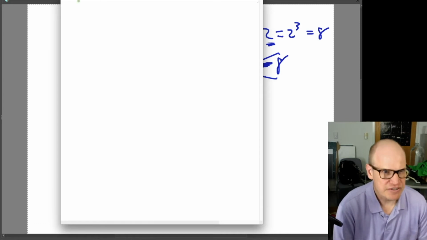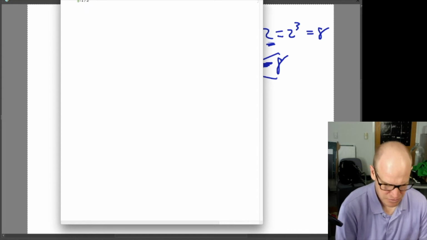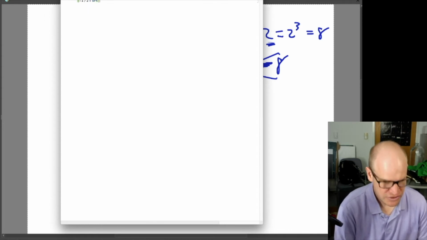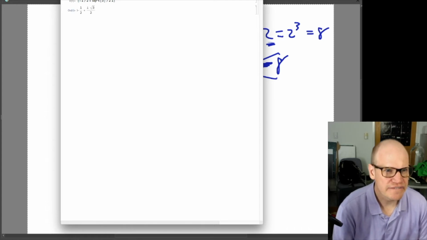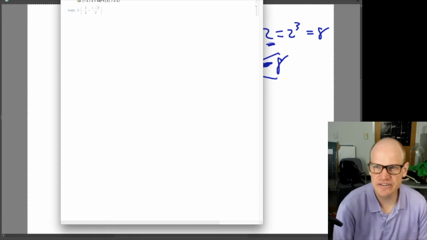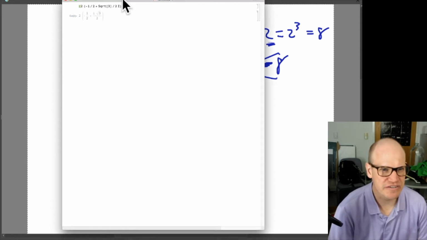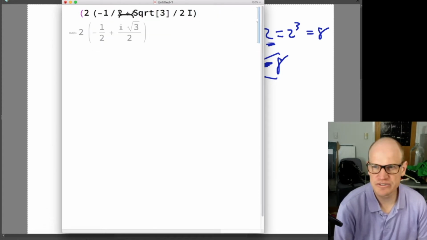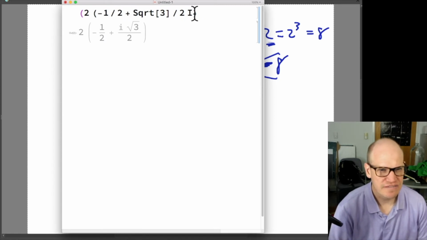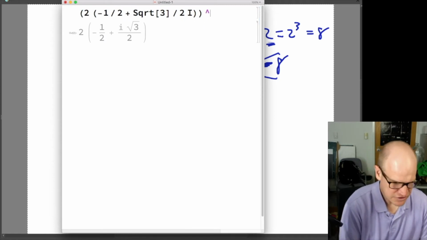I claim that this is 2 times minus a half plus root 3 over 2i. And if I take this value, it's not showing up. Let me put it down, and also let me make it bigger. Not quite so big. All right, so if I take this and I cube it,